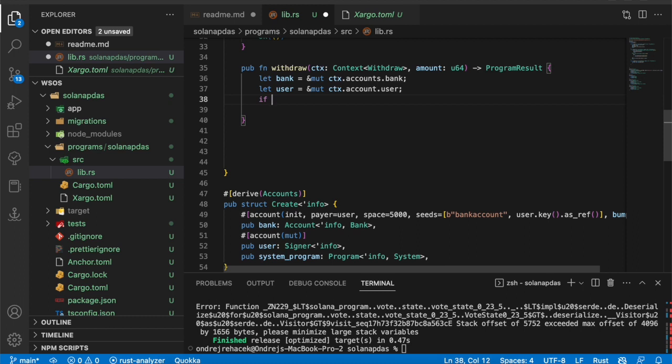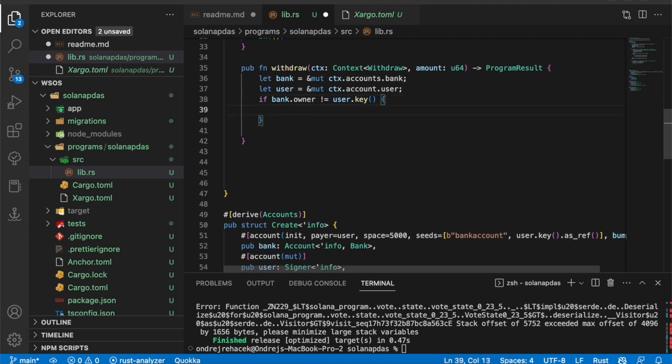The check is pretty straightforward. We compare our bank owner, and if the bank's owner is not equal to the user's key, which is the user's pubkey, we need to throw an error and stop the execution of our function. We can do that by calling return